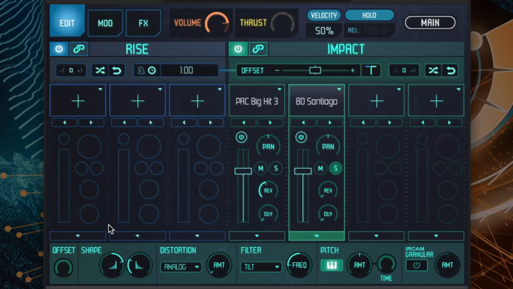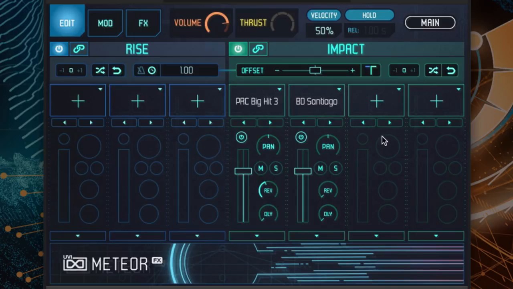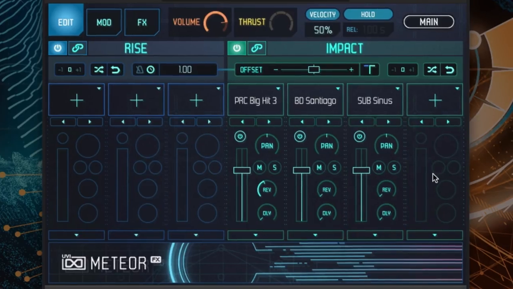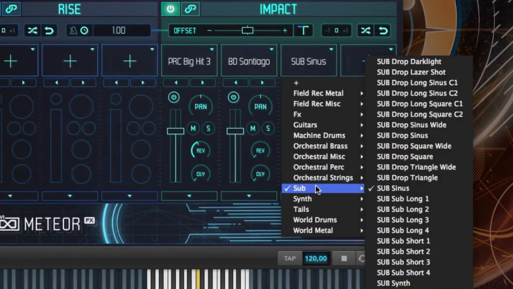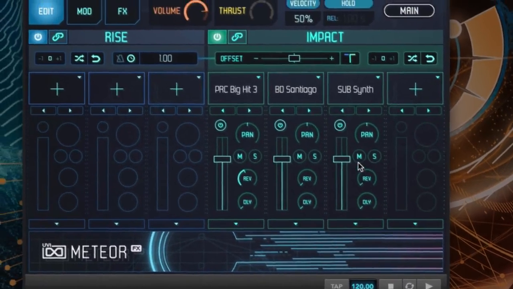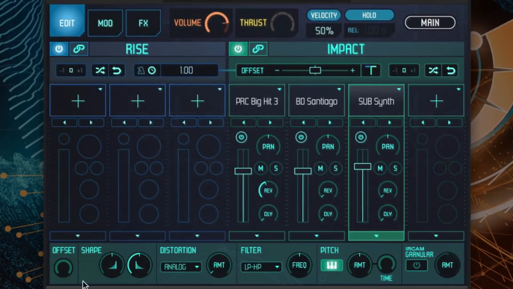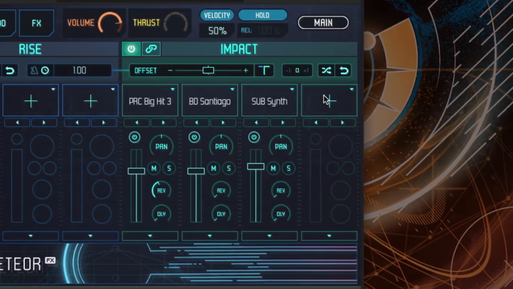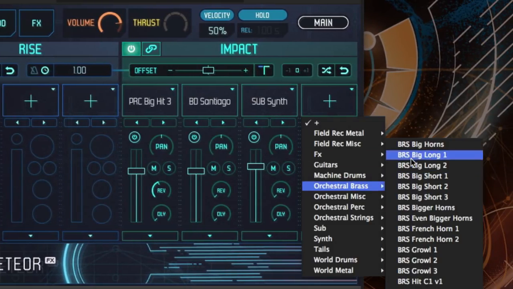I think it'll sound more multi-dimensional if I offset this layer a tiny bit behind the first, so that they don't play at exactly the same time on top of each other. Now, a good sub sound to make the ground quake. And it wouldn't be a brass hit without any brass.